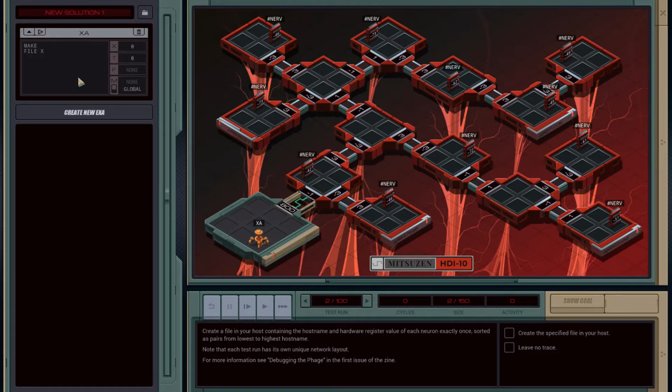What you can do to make sure that there's only one master after this replication, and that master knows whether it should continue, is, before you replicate, drop the file on the ground. Now, there's no room. There's only 4 spaces in each node. There's room for a nerve and an exa giving instructions and one other exa. Well, assuming you drop the file.